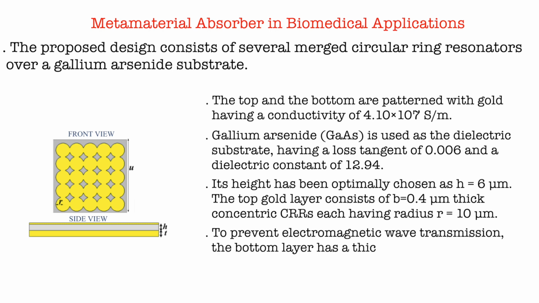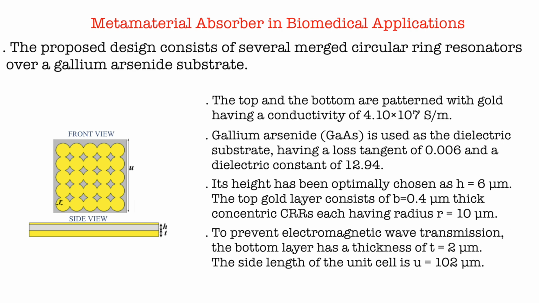To prevent the electromagnetic wave transmission, the bottom layer has a thickness of T equal to 2 micrometer, so that it acts as a physical barrier for the electromagnetic wave. So, the transmission will be 0, and the side length of the unit cell is